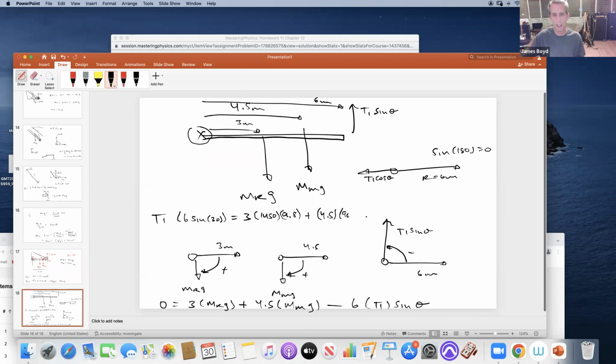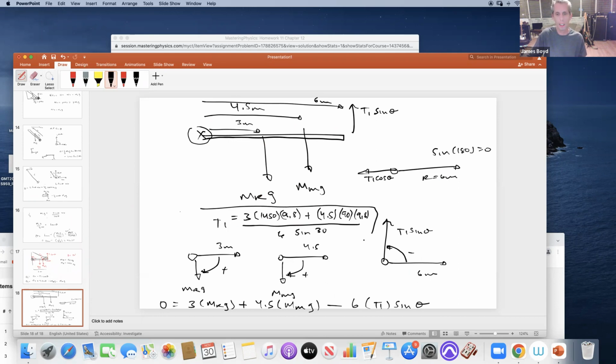How far away was his mass, and 9.8. If I divide through by 6 sine of 30, I get the following. The T1 is this stuff right here. So 3 times 1450 plus 4.5 times 90, all times 9.8 divided by 6 times sine of 30. Is